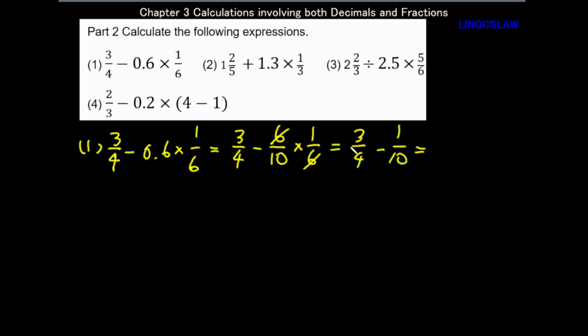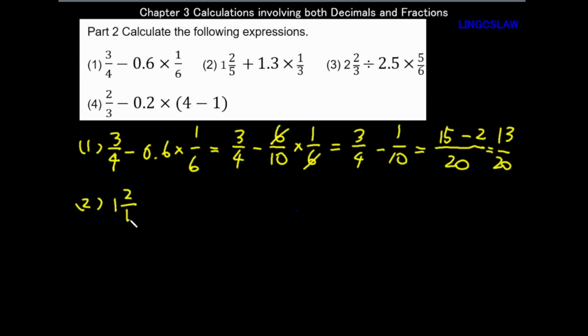So the least common multiple of 4 and 10 is 20. 4 times 5 is 20, so 3 times 5 equals 15. Minus 2 equals 13. Number 2,